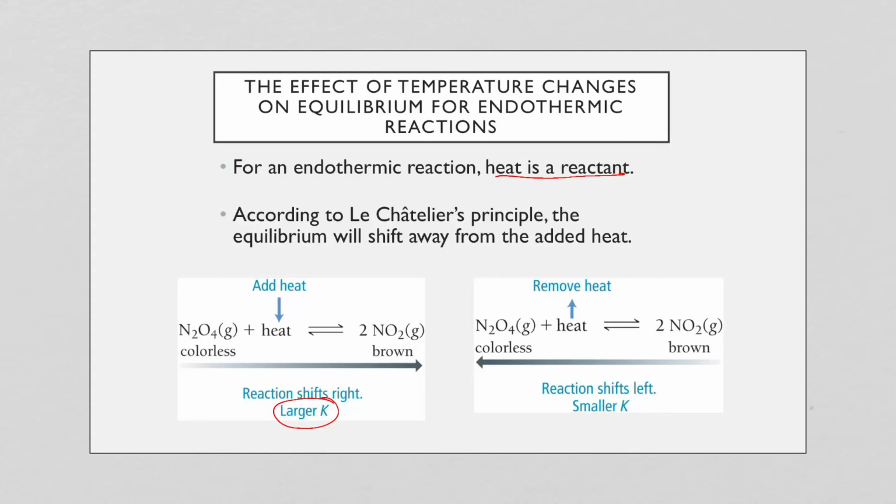Increasing the temperature in an exothermic reaction was like adding a product. Increasing the temperature of an endothermic reaction is like adding a reactant. And so they have the opposite effects. For endothermic, adding heat is like adding a reactant, which shifts away from that reactant to make product. If I lower the temperature or remove heat, it is like removing a reactant, and it's going to drive the reaction toward that removed reactant, or toward the left, which is going to result in a smaller K